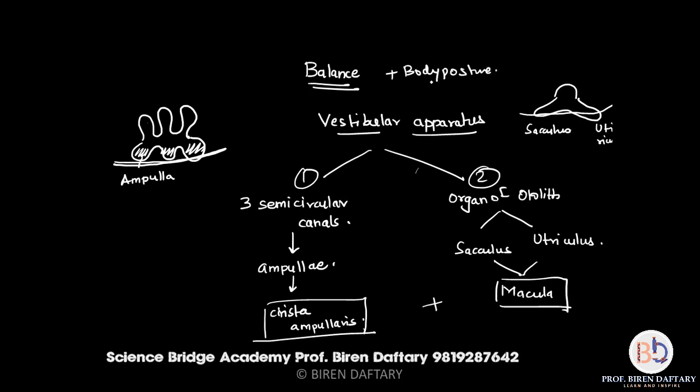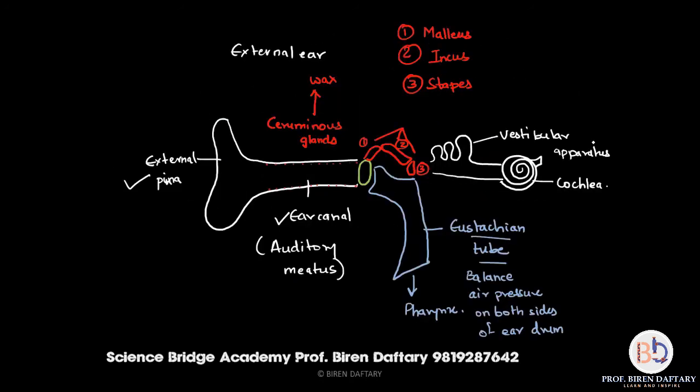So that ends the part of the anatomy of the human ear. We have learnt about the external ear, the middle ear, and the internal ear. Please pay more attention to the internal ear. The internal ear is made up of a lot of parts. It is basically made up of labyrinth. Labyrinth is of 2 types, bony and membranous. Membranous labyrinth is made up of 3 parts.